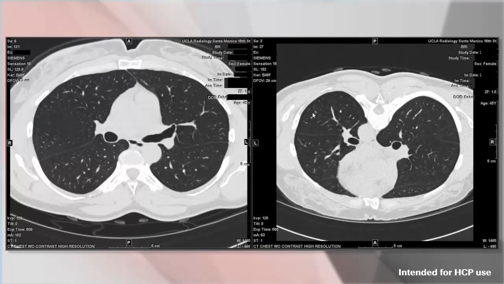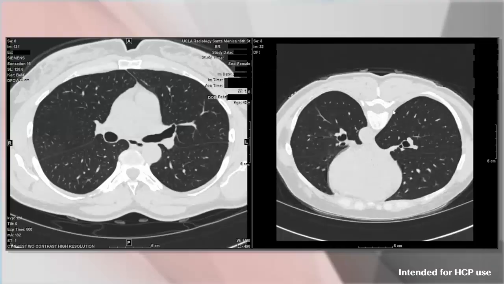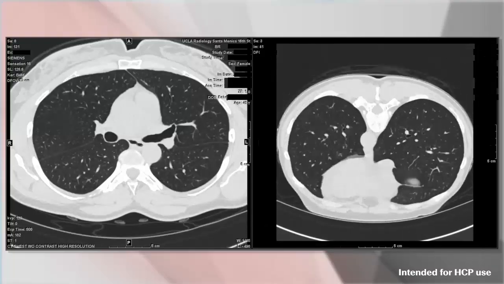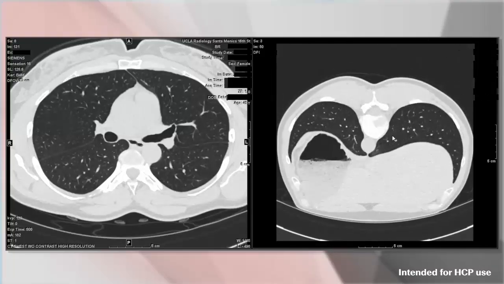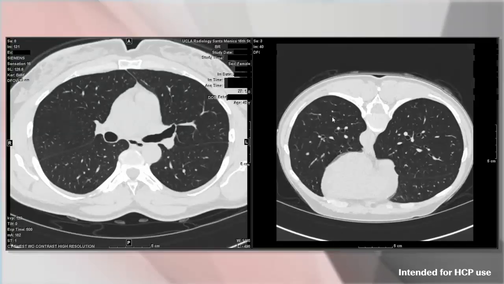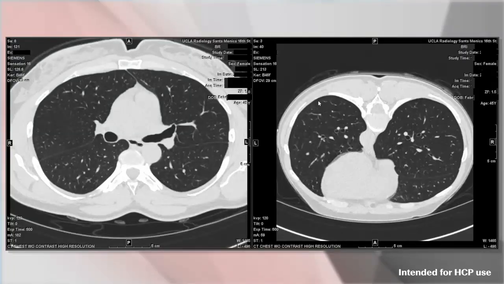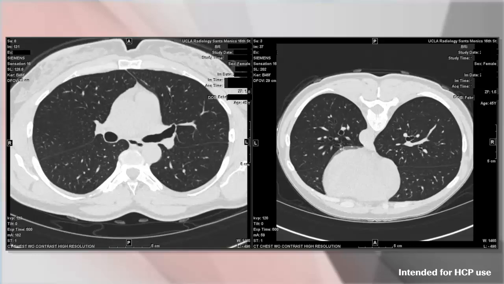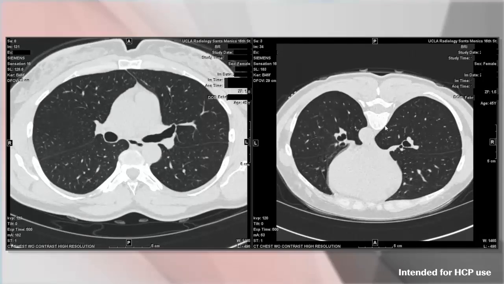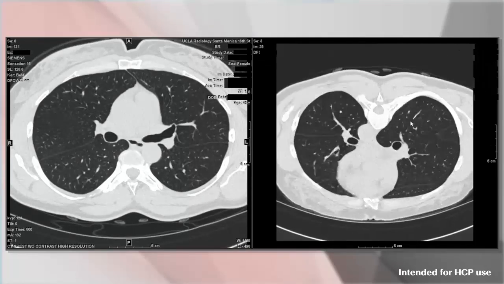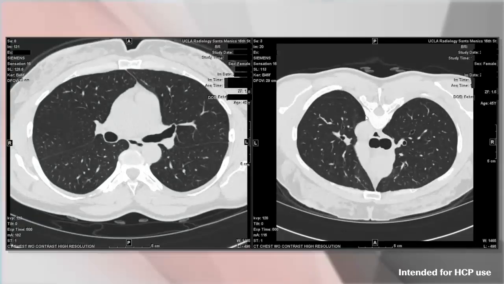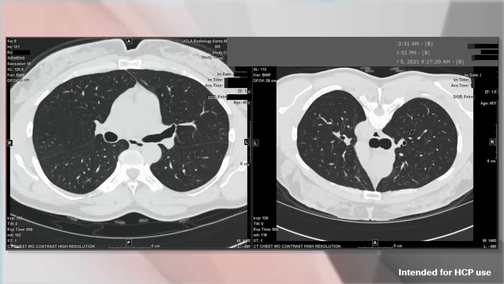And we can see that the lung looks pretty normal here as we scroll all the way down to the base. Notice that what we call the pleural parenchymal interface, meaning where the lung touches the pleura or the edge of the lung, looks very smooth and there's no jaggedness or serrations to that. Okay, so let me jump to what I'll show you as